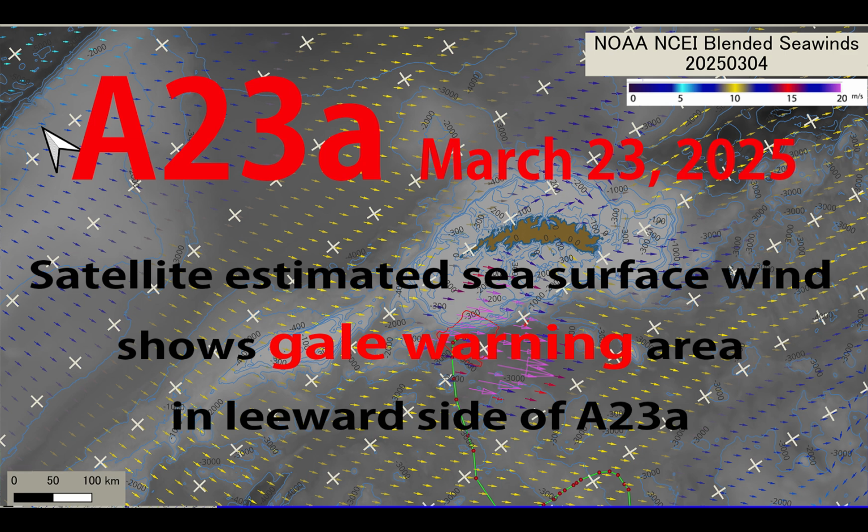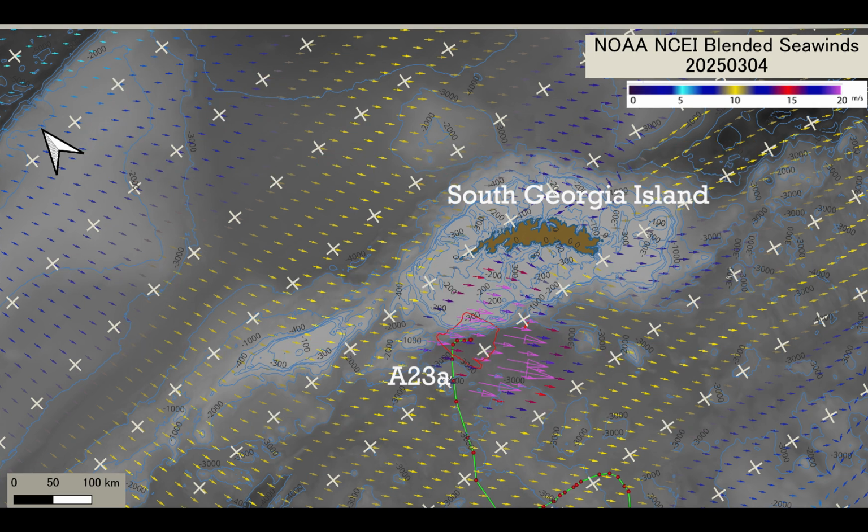Satellite estimated sea surface wind shows a gale warning area in the leeward side of A23a. It was very interesting to find a high wind speed area just around A23a. I have analyzed the sea surface wind data, which is available from NOAA National Centers for Environmental Information blended Seawinds